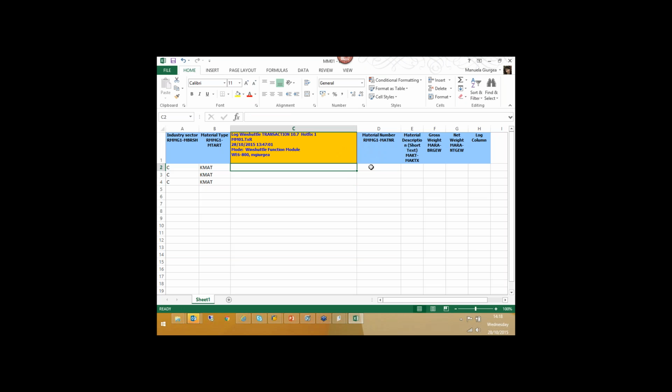So taking out the log message, but I do keep the formula in, and I'm going to drag it down so it populates over all these 3 records. And then I'm going to put in some data for